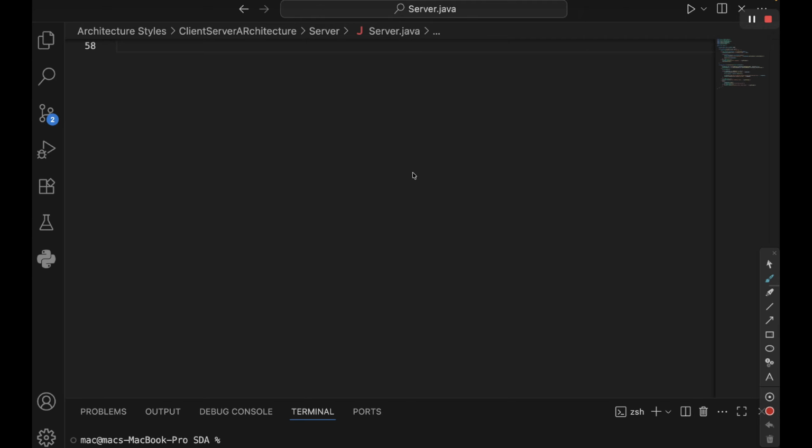Alright, now let's implement the client-server architecture through a very simple Java-based application. You might have used systems like Netflix, YouTube, Uber, WhatsApp, Instagram. So all such systems are based on client-server architecture, right? So today we are going to implement a very simple application using Java programming language, where we'll be having a server